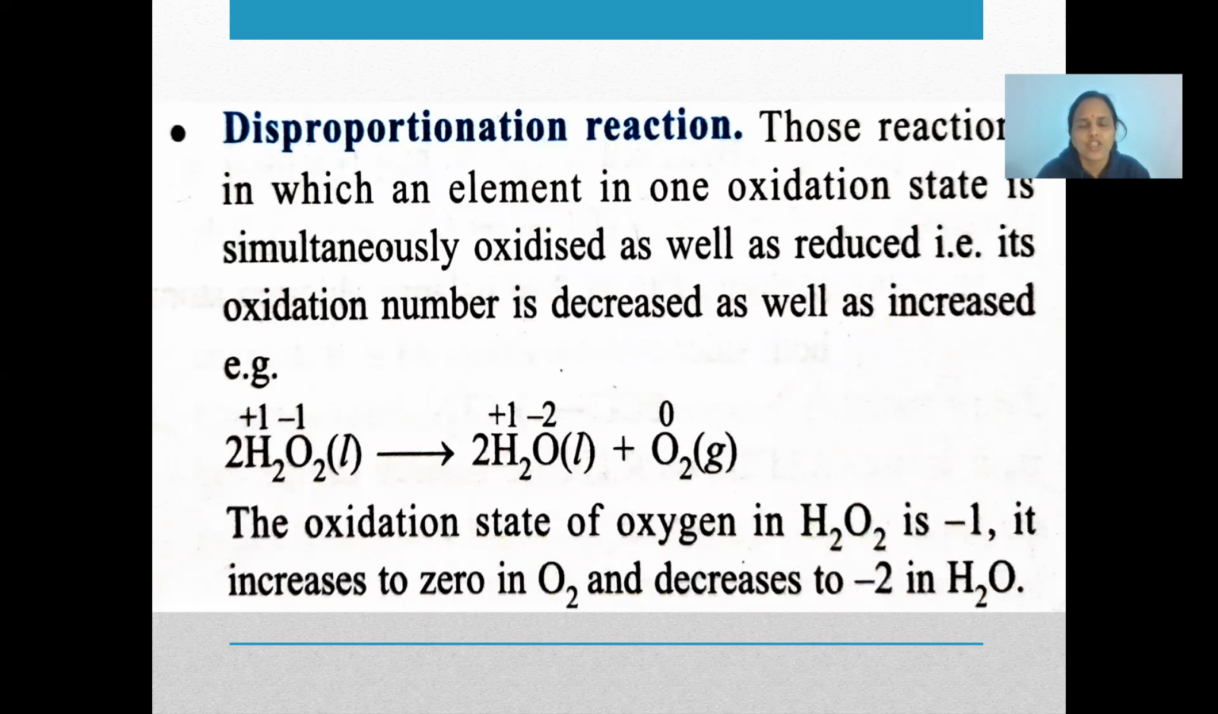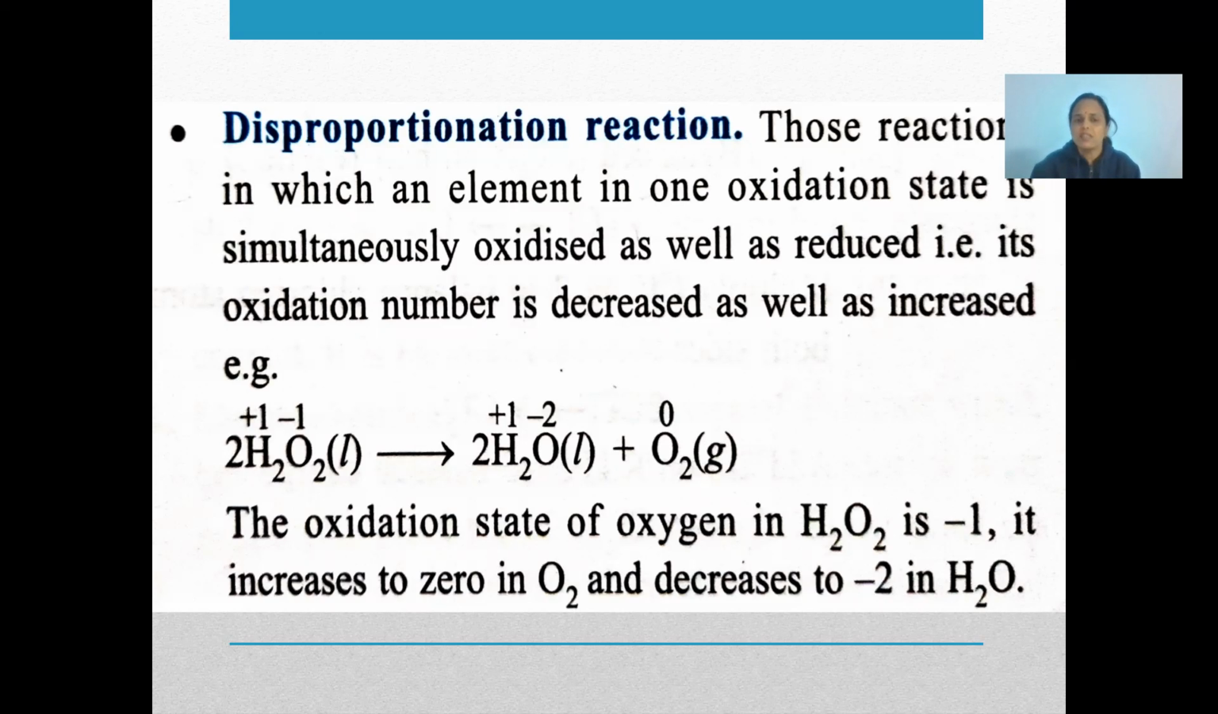The fourth type of reaction I would like to explain is disproportionation reactions, and you should have a very clear-cut idea of this. Disproportionation reactions are those reactions in which an element in one oxidation state is simultaneously oxidized as well as reduced. That is, its oxidation number is decreased as well as increased. Also, you can say self-oxidation and reduction takes place, and such reactions come under